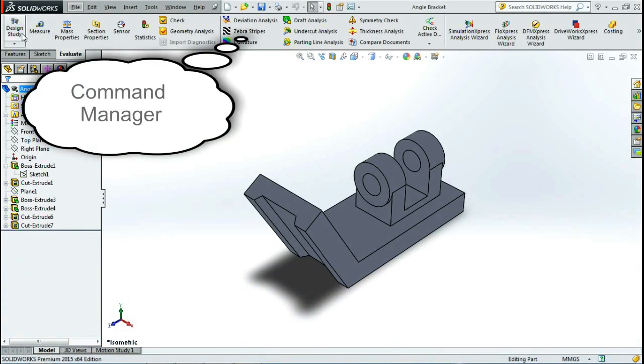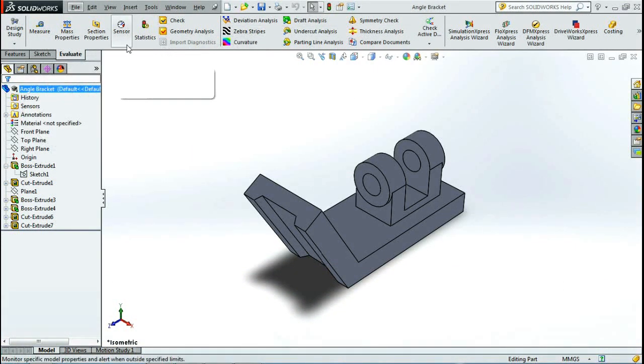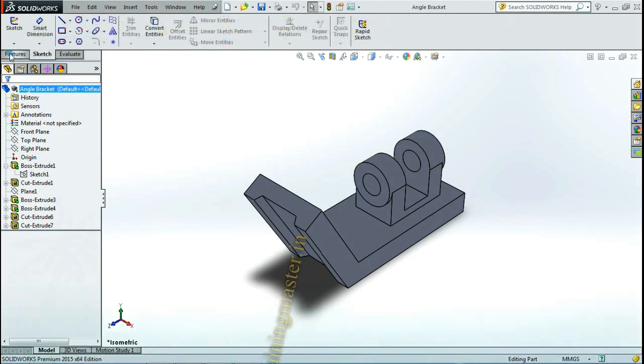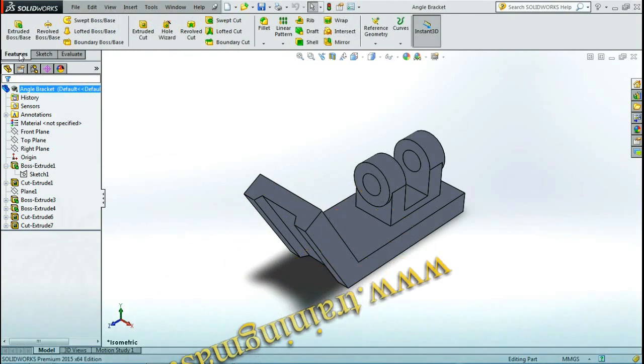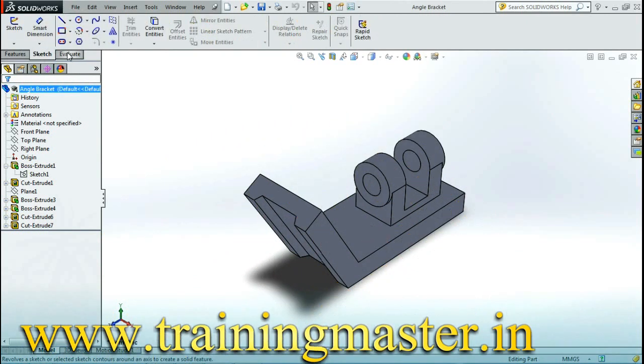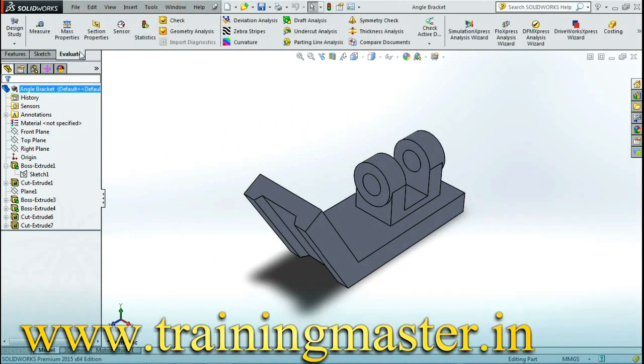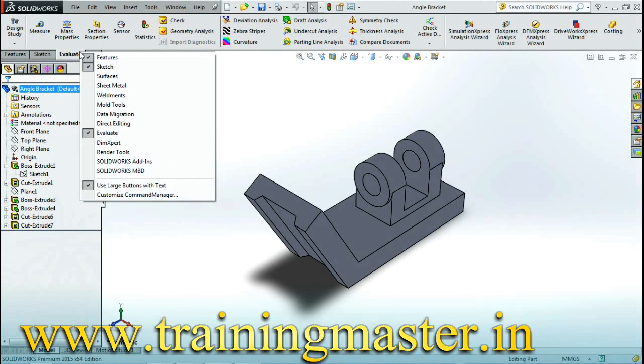Now let us take a look at the top of the screen. Here we have what we call the CommandManager, and notice we have different tabs which bring up different ribbons. We have a Features ribbon, Sketch ribbon, Evaluate ribbon, and if we right mouse click on any one of the tabs, we can see a menu allowing us to select other ribbons.